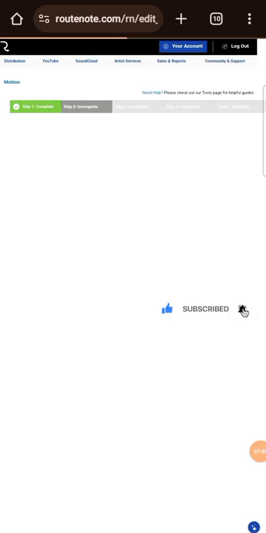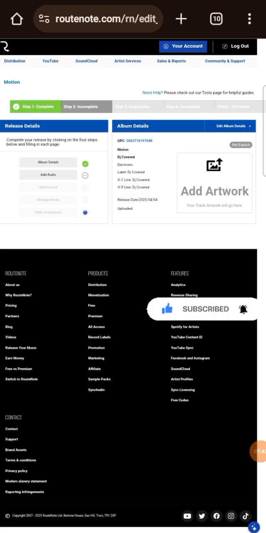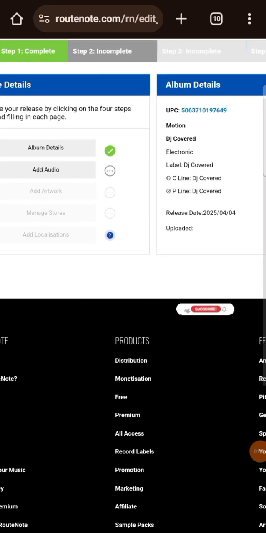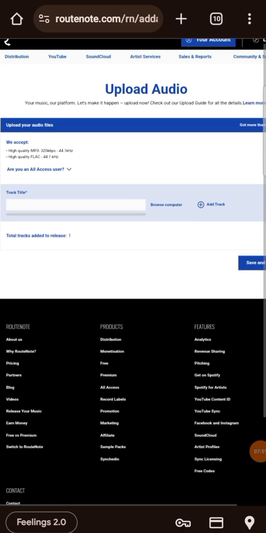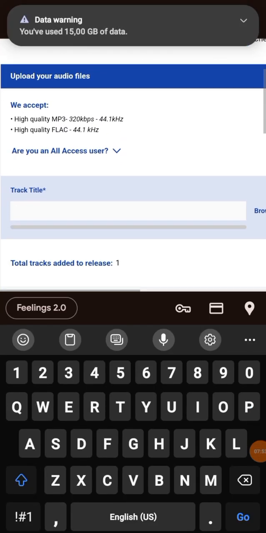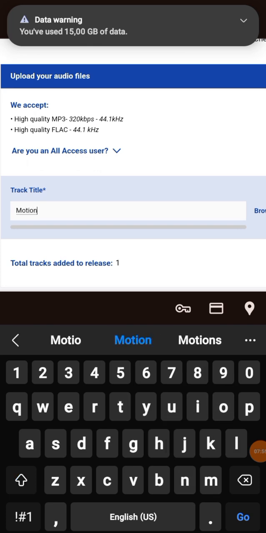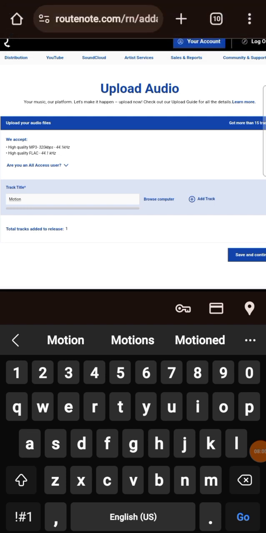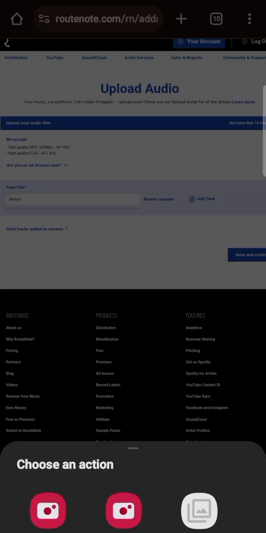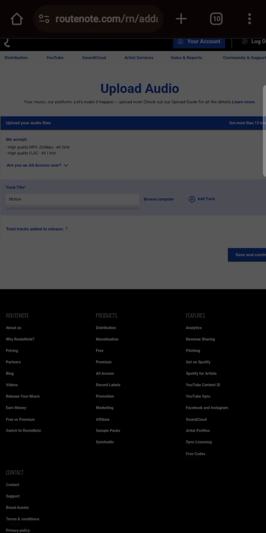Yeah, and then it's going to load. So we're gonna click on add audio, and then we're gonna fill in the track title again, which is Emotion. And then guys, if you're using a computer, you can just drag the song here, but because I'm using a phone, I'm just gonna click browse computer, and then it's going to redirect me to my storage, phone storage